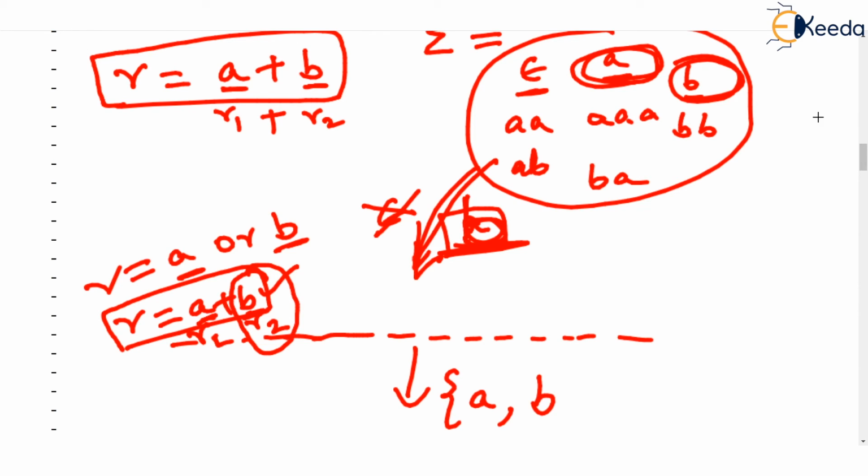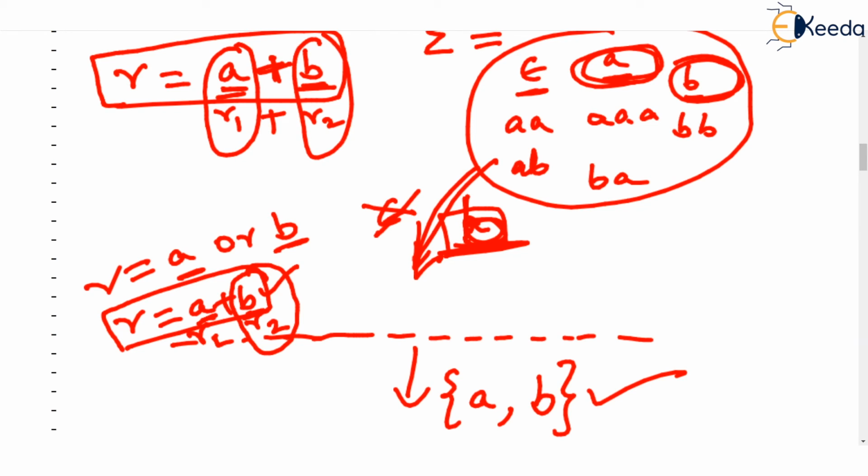Isn't it so? This is so confusing, initially for the students, because most of the texts write A or B, correct? This plus is read as or, A or B. So what people think that either A will pass or B will pass. And here in the output, you see we have both A and B. What it means is that any string which matches A or any string which matches B will pass the test. So what does A plus B recognize? Out of so many strings, it will recognize only A comma B. Two strings are recognized. You see the output. The output has only two strings.